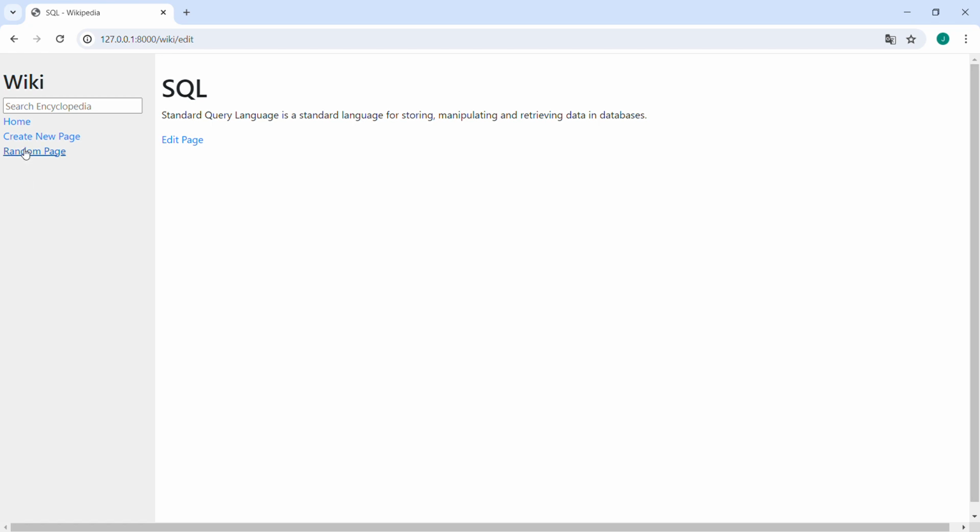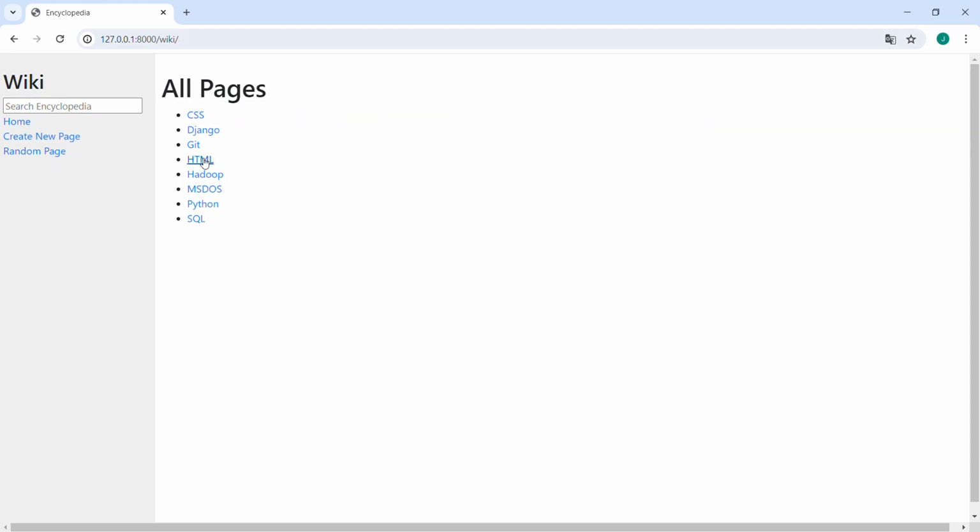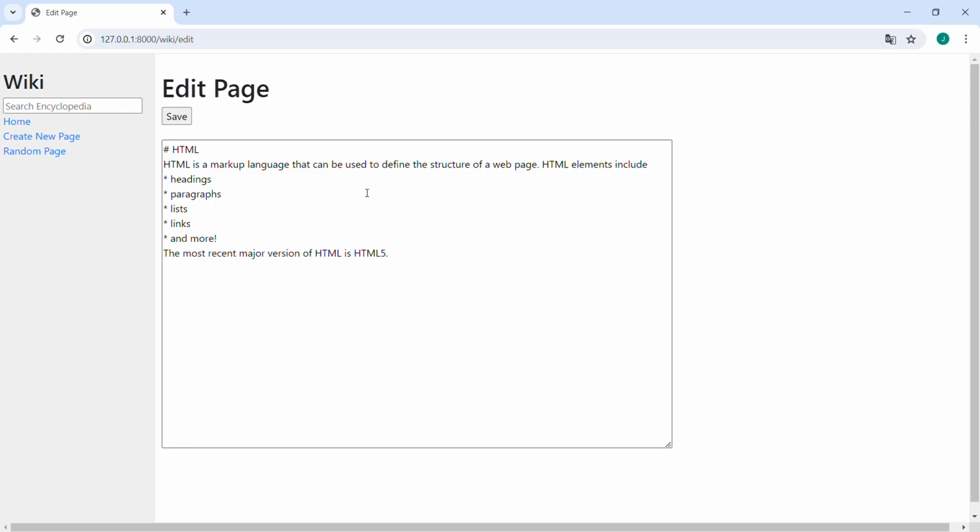You can also use a random page functionality. And as you probably already noticed, the application supports a conversion from Markdown, GitHub's language, to